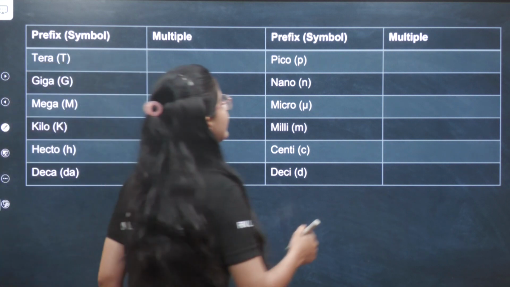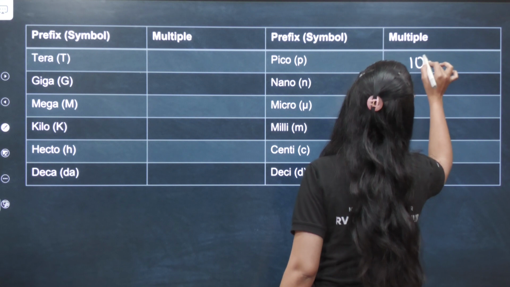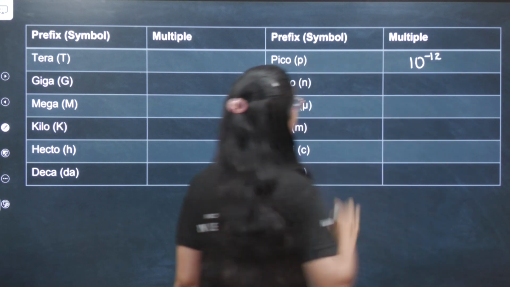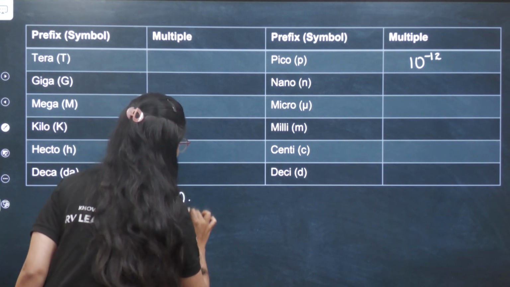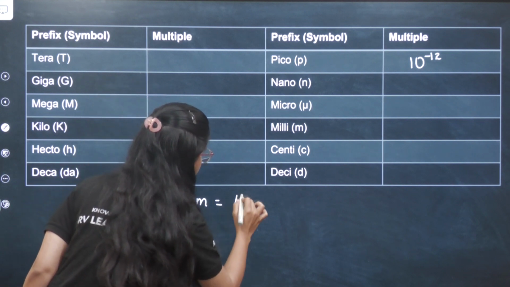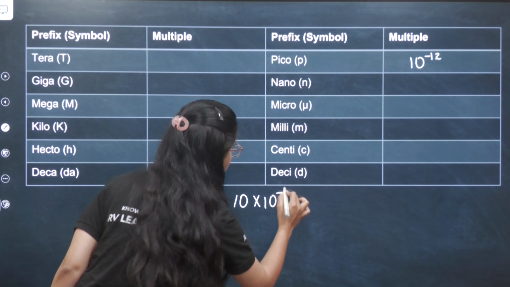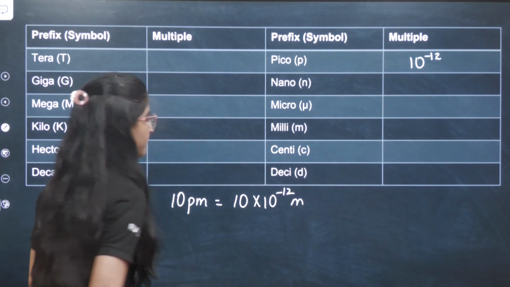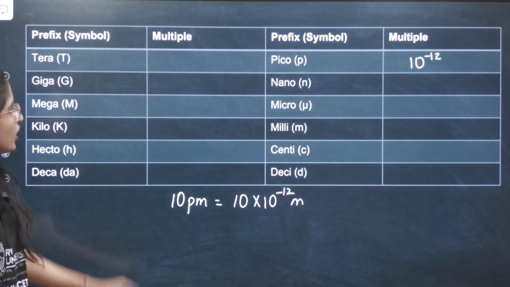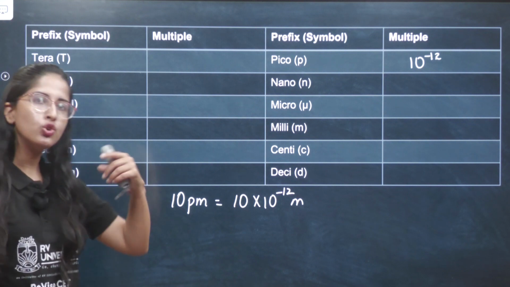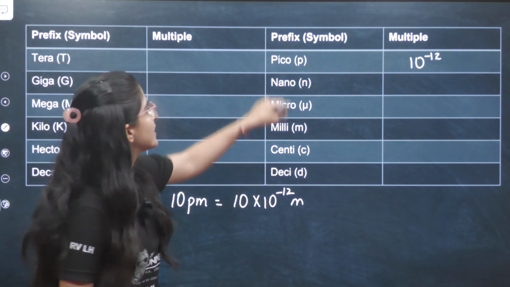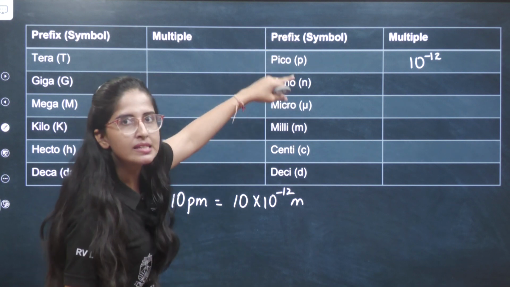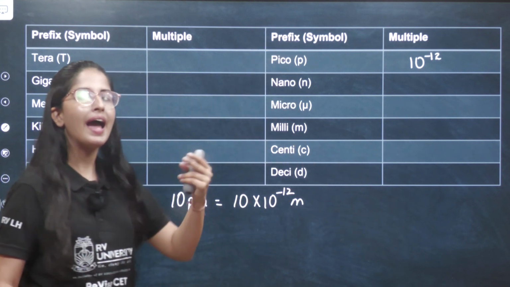Picometer means 10 raised to minus 12 meter. Understood? So whenever you have 10 picometer, it simply means 10 into 10 raised to minus 12 meters. Understood? So in the examination, you might expect to convert these symbols, which are multiples, into